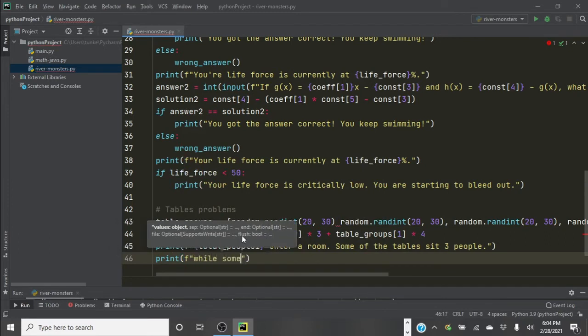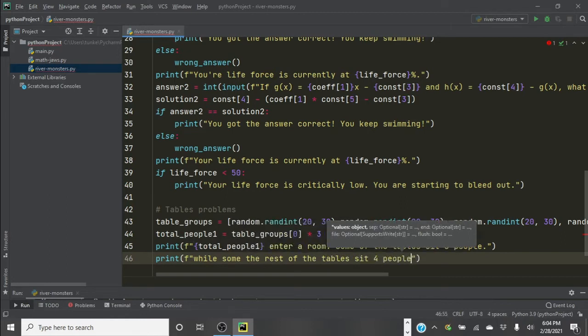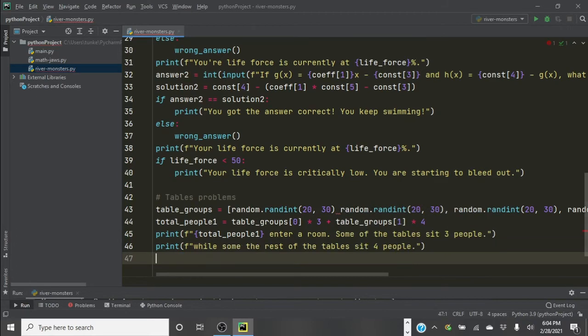While some of the tables sit, or while the rest of the tables sit 4 people. Print another line. If all the tables are filled to capacity and everyone gets a seat,